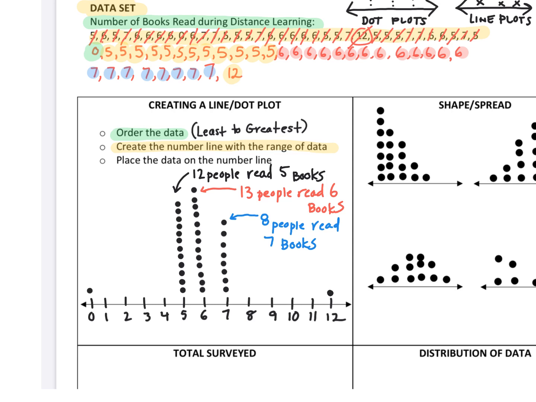Right here, 1 person read 12 books, and that person is what class? I think that is the blue class. Okay, and then there was 1 person that I surveyed that read 0 books. 1 person